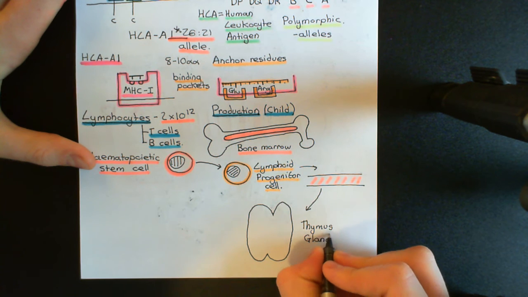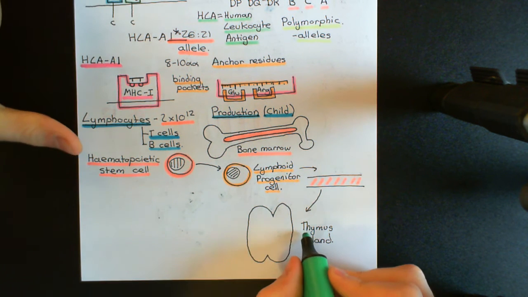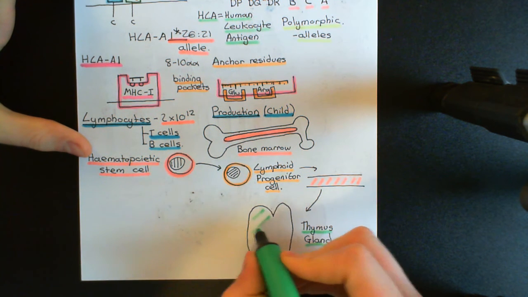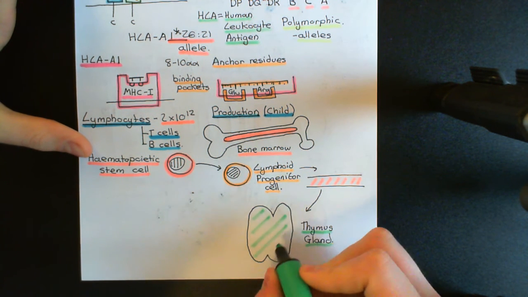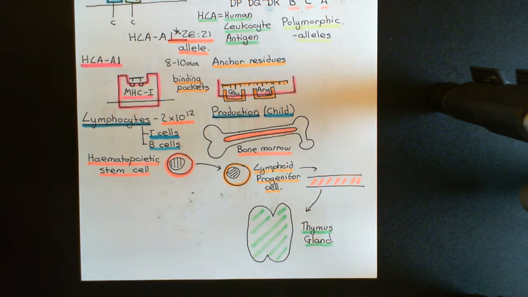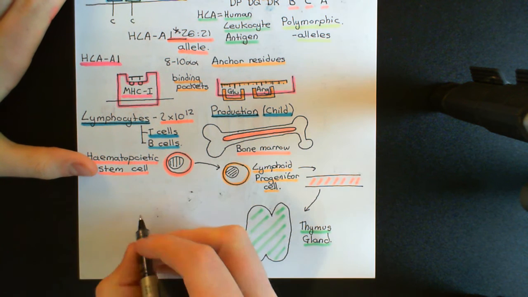It's in the mediastinum, the anterior mediastinum, just behind the sternum, in between the two lungs and in front of the trachea and the carina. I'll draw a little picture of that in a moment. So I'll colour it in here in green. Right, so there's my thymus gland, and now let me draw a picture of where it would actually be positioned